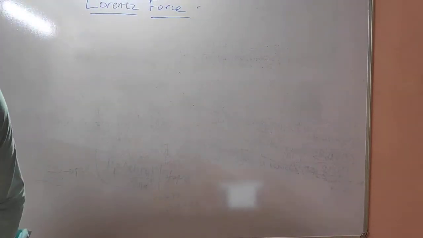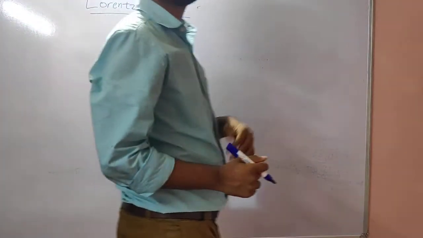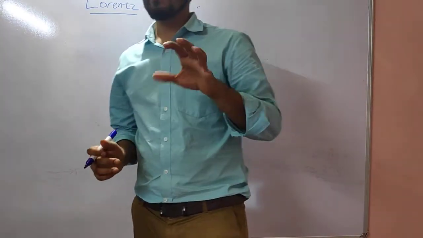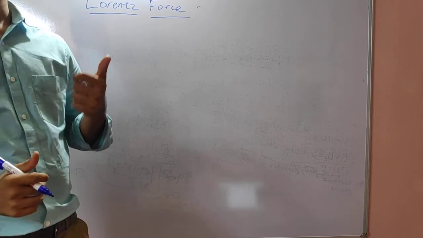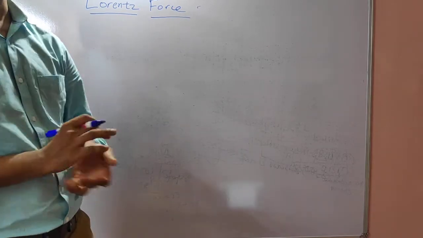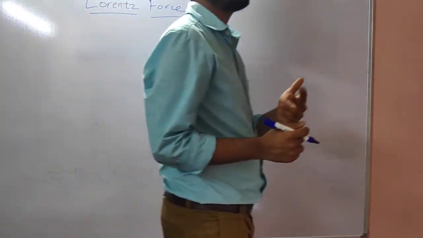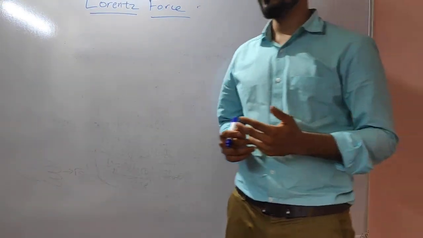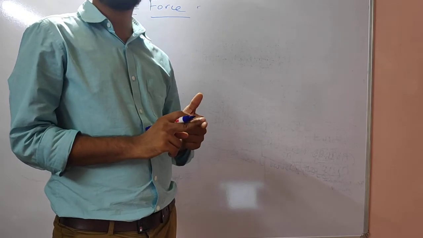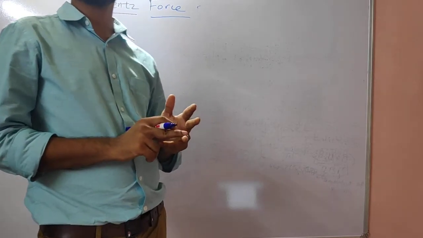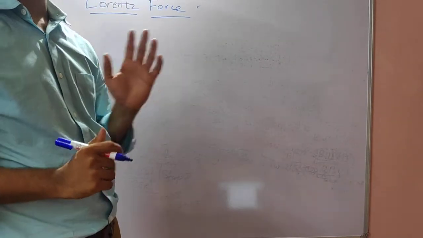Okay, now we need to take certain cases. There can be a number of cases. Okay, but for your NCERT syllabus we are particularly taking only one case. But if you are studying for JEE or NEET, you need to have multiple cases, like when electric field and magnetic field both are parallel to each other. Okay, but here we are taking only one case in which electric field is perpendicular to magnetic field and the velocity is also in the direction perpendicular to both.